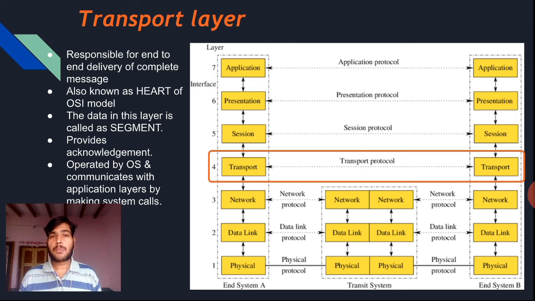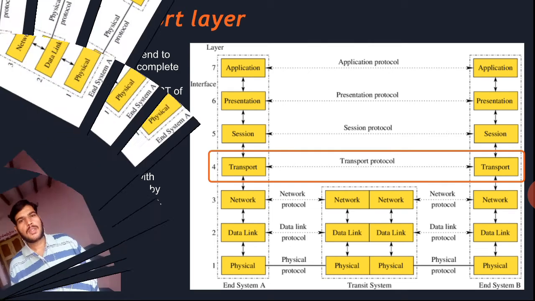At that time a complete message will not reach the destination, and this layer receives a negative acknowledgement. For that, this layer resends the same message and ensures that the complete message has reached the destination side. So this is the main functionality of the transport layer.